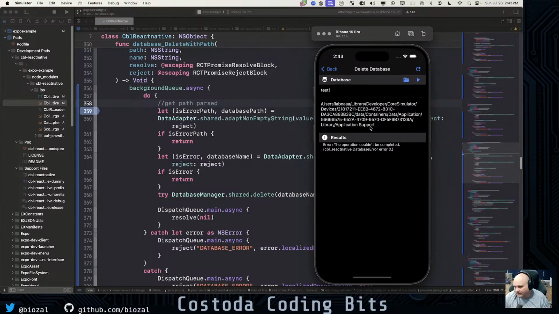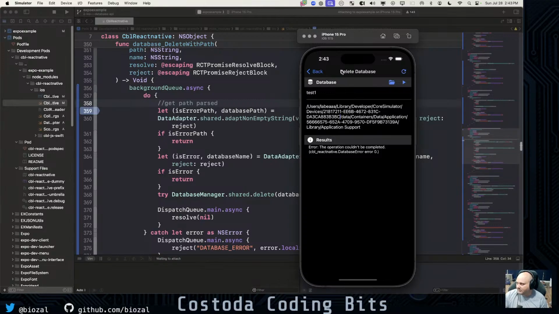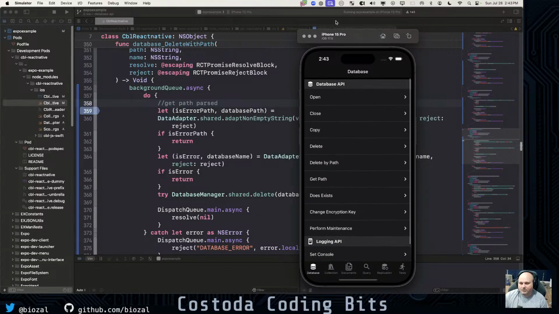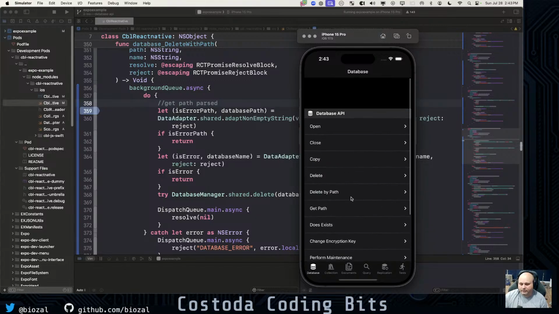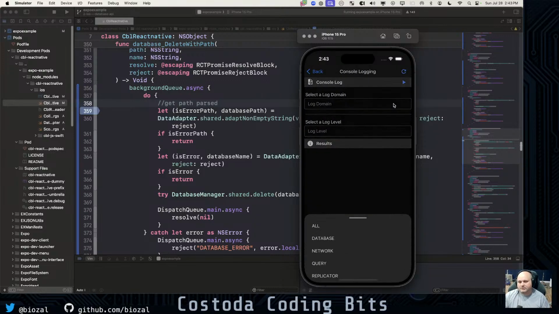Attaching. This does take a few seconds to attach. Oh, you can see here that I already know it's trying to attach because this whole app has frozen. That's what the debugger does when it tries to attach. All right, we're running on it. We should be attached. We can confirm this usually by going into the